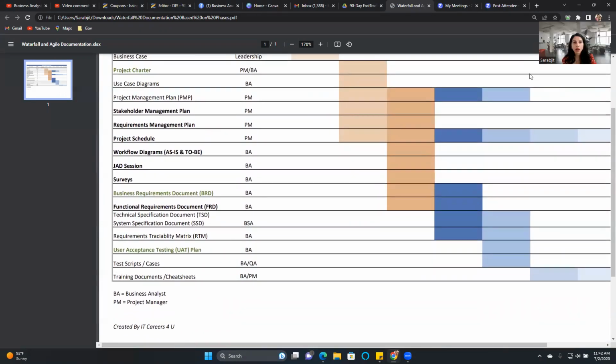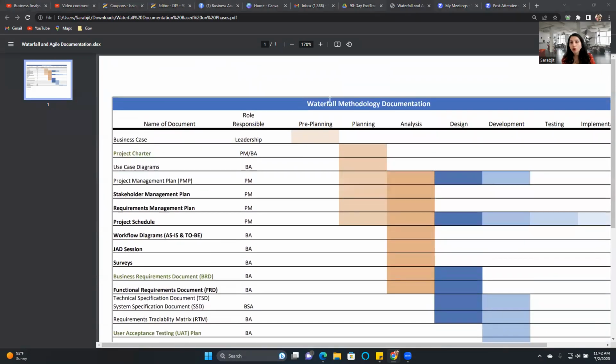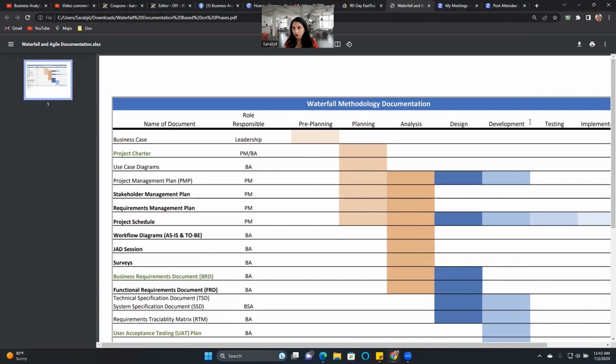So you guys, what I've done is in the waterfall methodology or waterfall environment, we generally see the phases that are represented on the top of here. So we have generally pre-planning, we have planning, analysis, design, development, testing, and implementation, right? So what this means is,